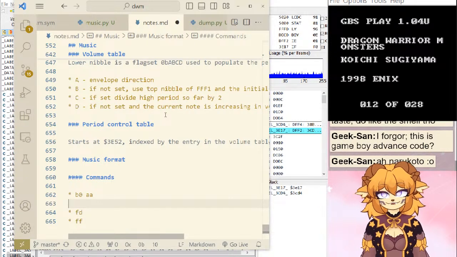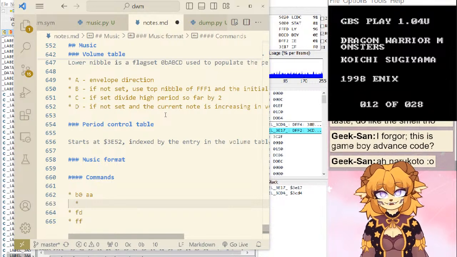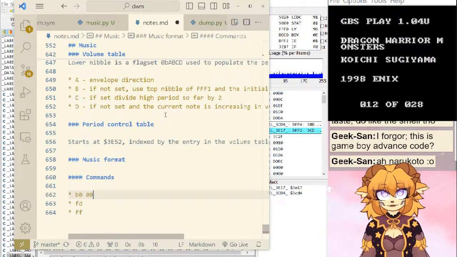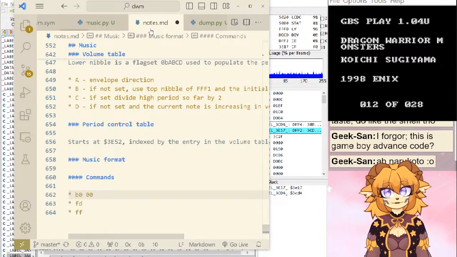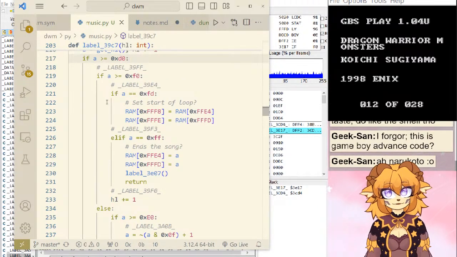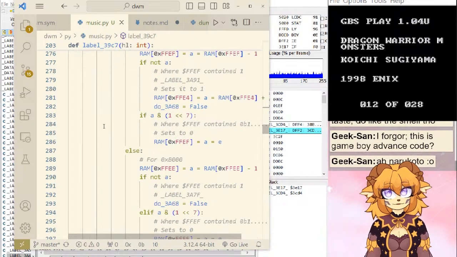Naruhodo. Equals. You know what? I'll put it like this. 0, 0. It does. The thing about that one, where was that?